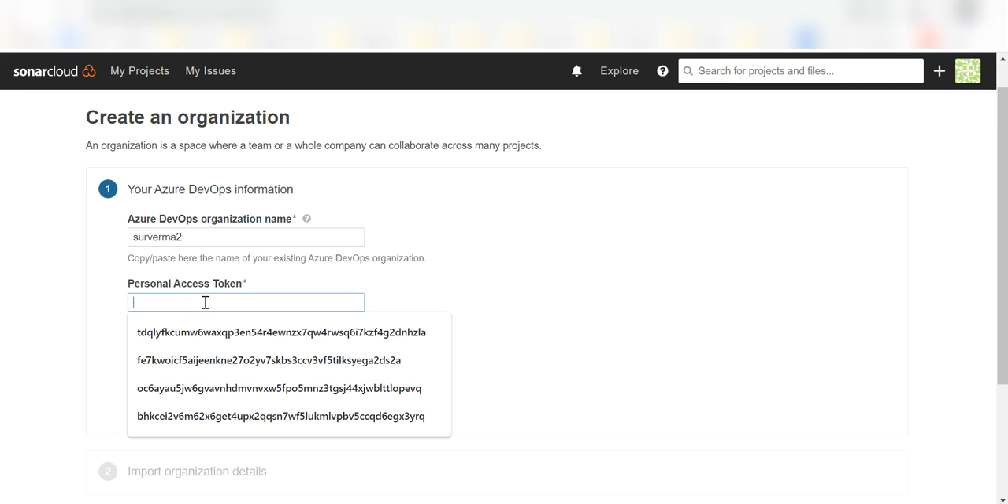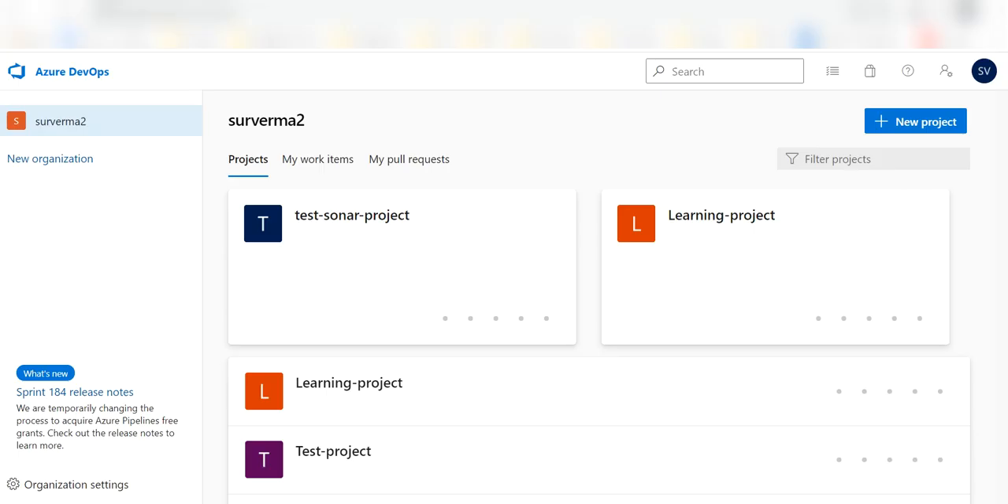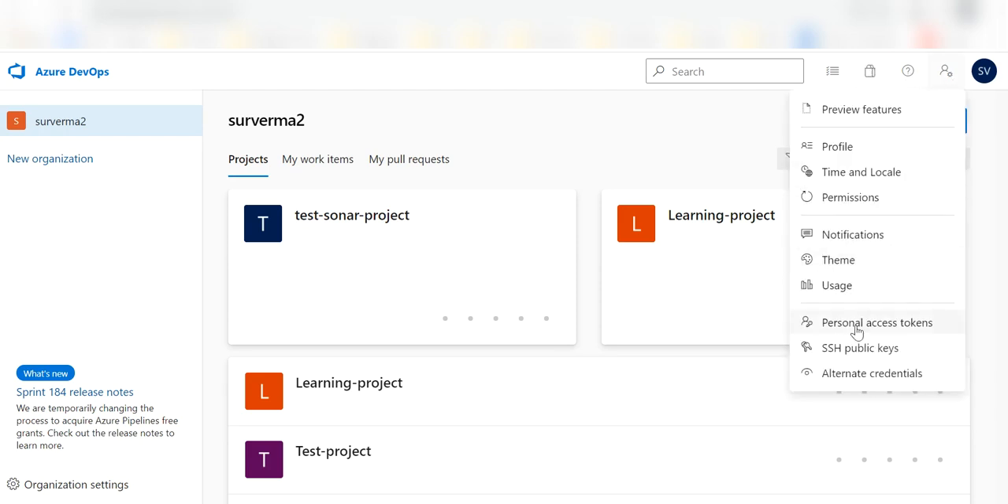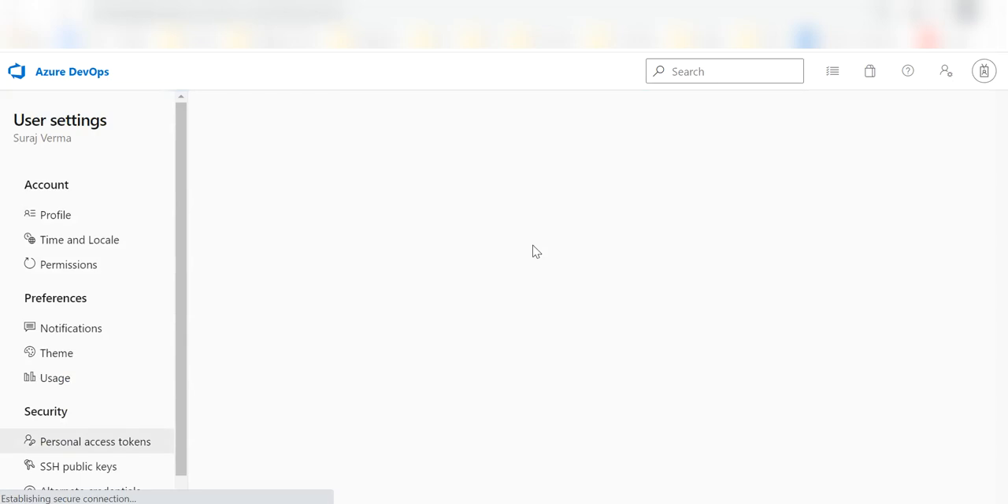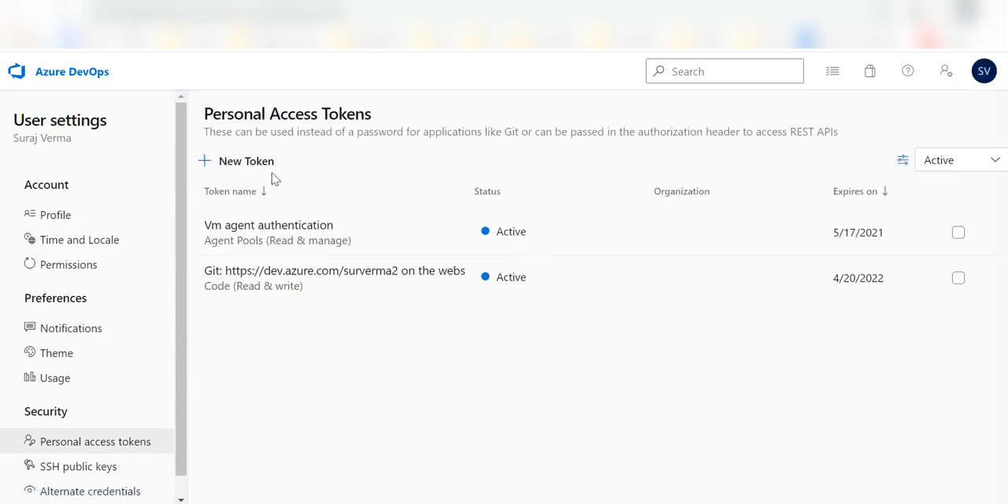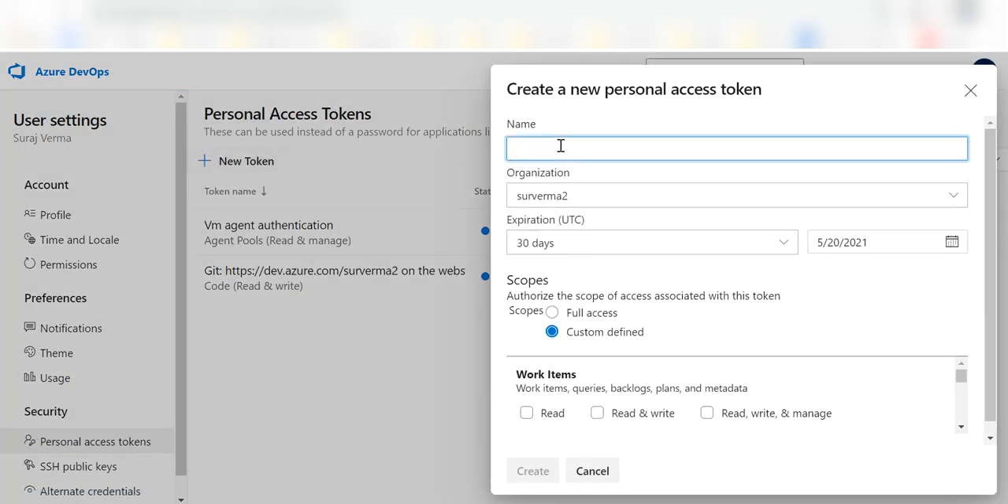Now you need the personal access token. Now where will you get this personal access token? I'm again going to the Azure portal. You'll click on the user settings here. You'll go to personal access tokens here. Now you create a new token here. We need it for Sonar Cloud, so I'll give a similar name so that I remember it better,